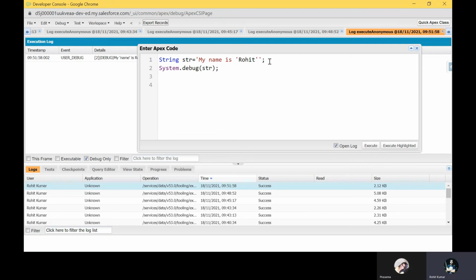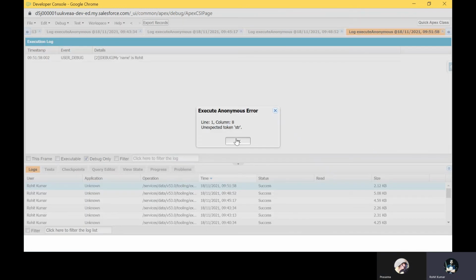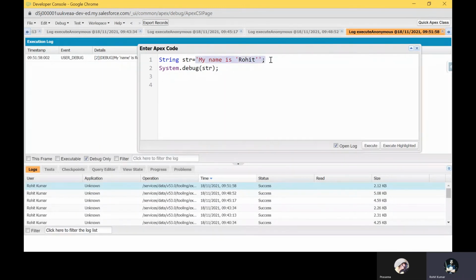If you want to execute this, it shows an error, unexpected token str, because our syntax is wrong. We cannot use a single quote inside the single quote.